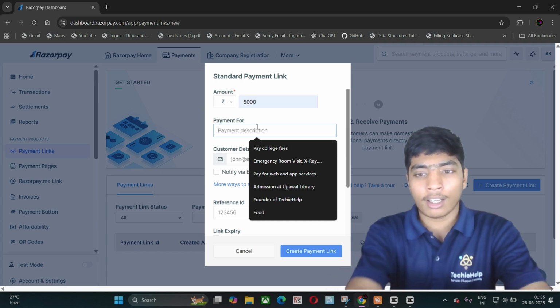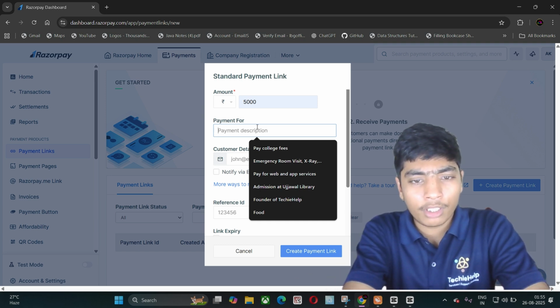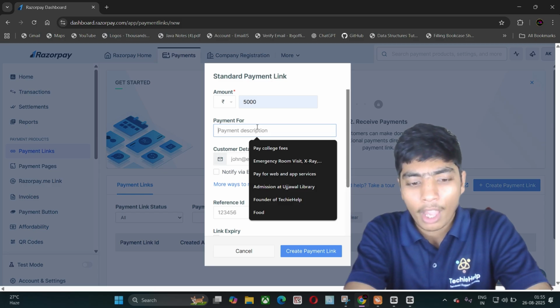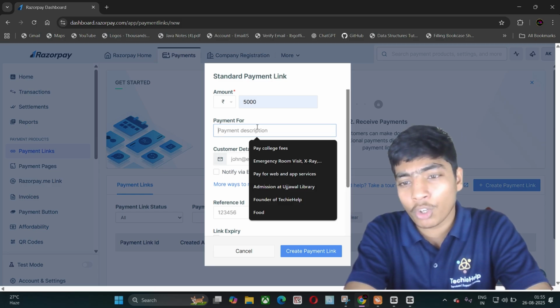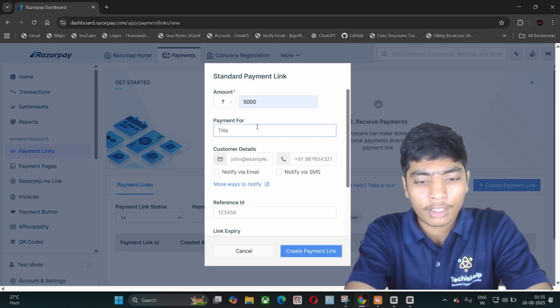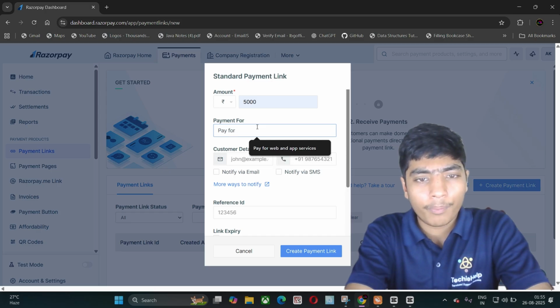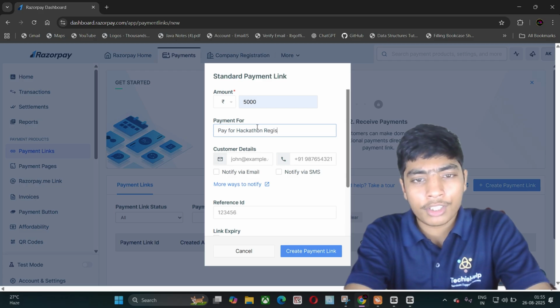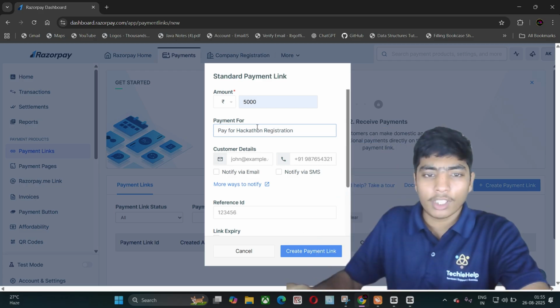I'll write this payment is collected for our internship. In the internship you will collect only for the hackathon, so I'll write only pay for hackathon registration.